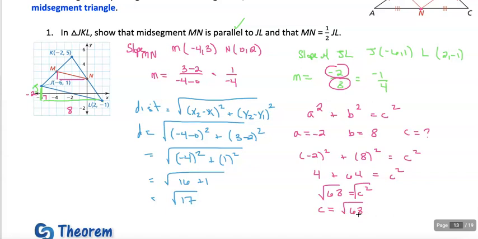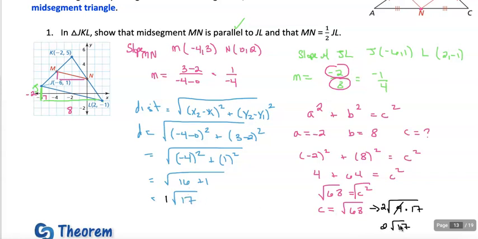But you'll notice that there are two factors that go into 68: 4 times 17 is 68, and the square root of 4 is 2. So this is 2 times the square root of 17. So we see that MN is 1 times the square root of 17, and this is 2 times the square root of 17. So JL is in fact double